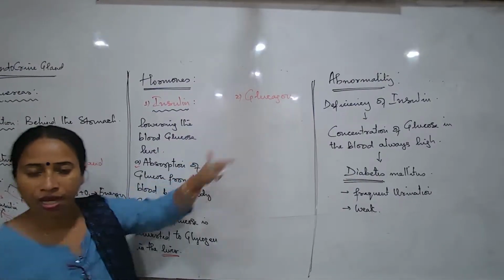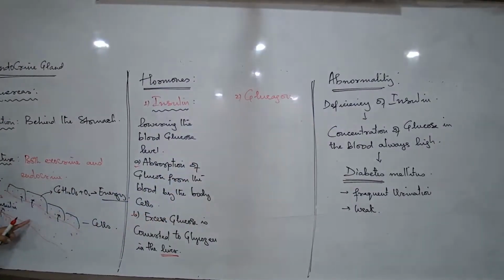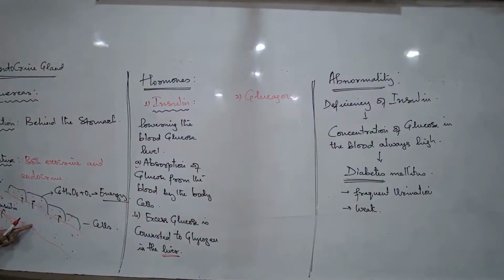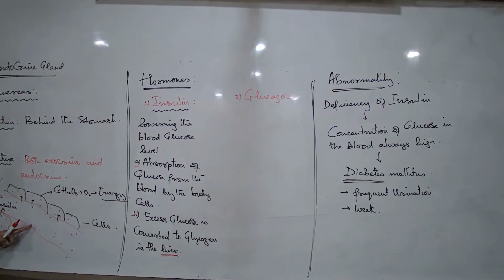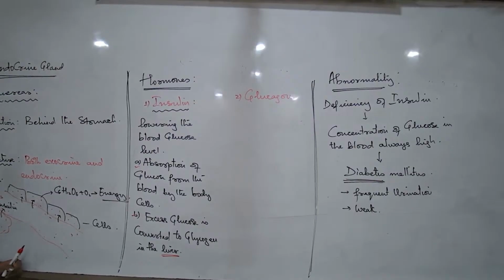Why? Because the blood glucose has decreased so much, and if it now falls beyond the normal level, the body will again start suffering from symptoms. What are those symptoms? The body will start shivering. The individual may start having giddiness, nausea, vomiting, meaning when the glucose concentration in our blood drops, it is even more dangerous.